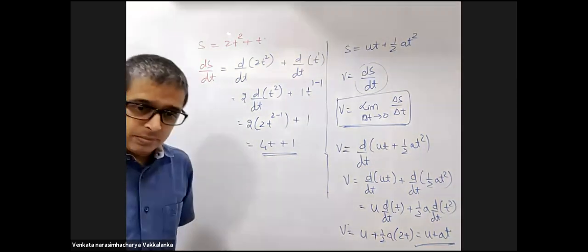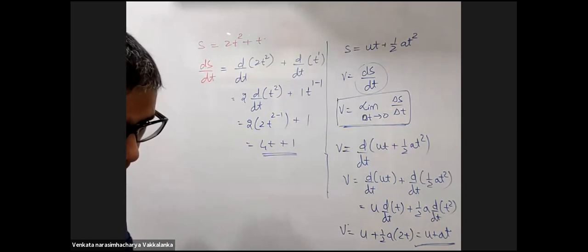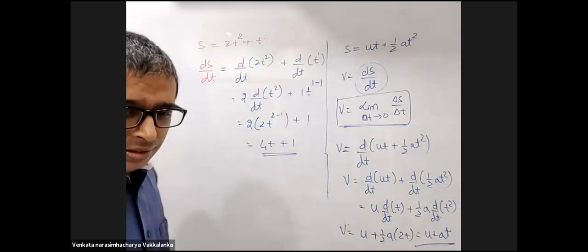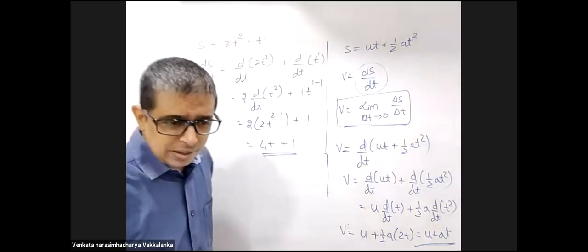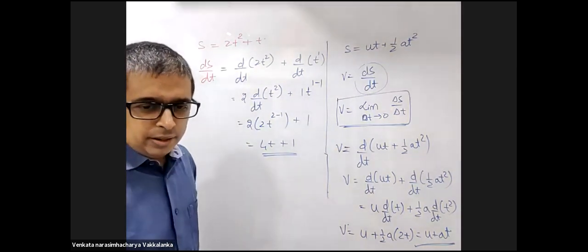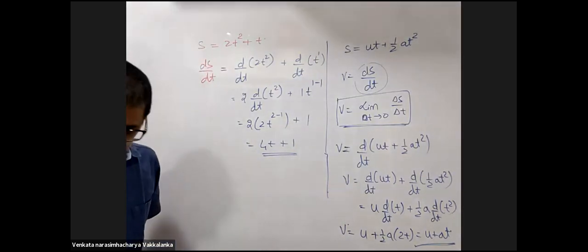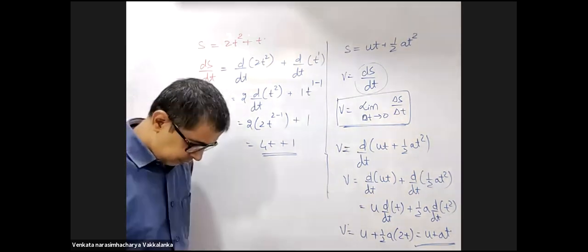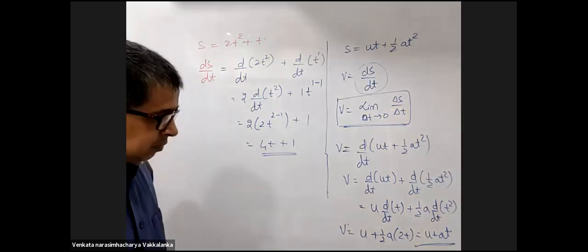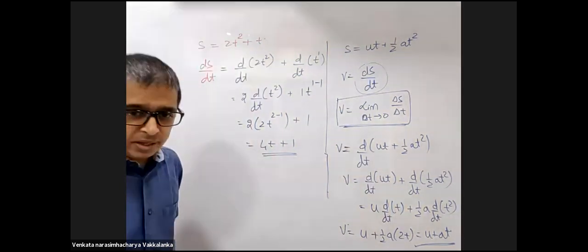Sir, if a body is moving in a straight line path, then won't the initial velocity change at each instant? Initial velocity, how will it change? Initial velocity will always be constant. Final velocity would keep changing under accelerated motion. Initial velocity won't change ever. You provided a velocity to a body. For one problem, initial velocity will be fixed. And if initial velocity changes, that's not initial itself. Initial would always be a constant value. Unnecessary discussion, switch it off. We need to learn this. Switch off your minds.